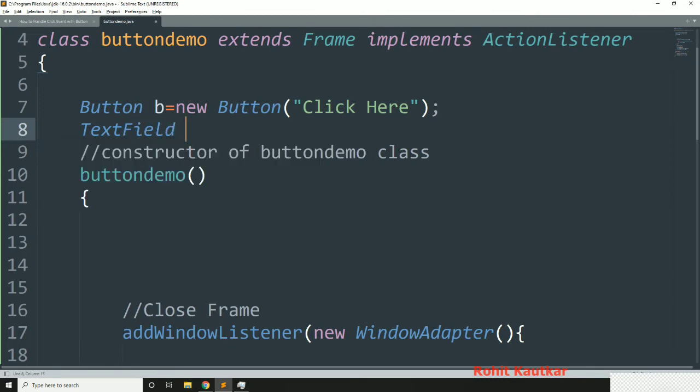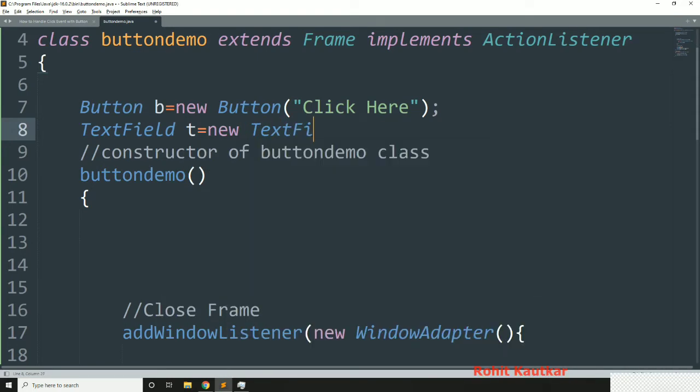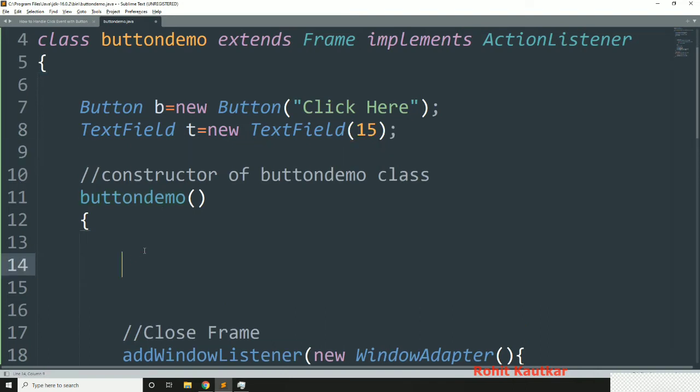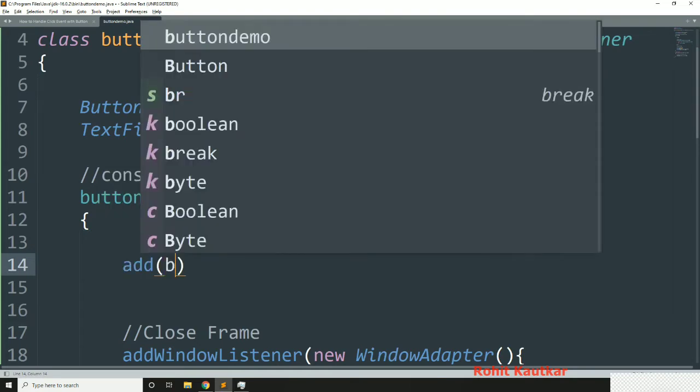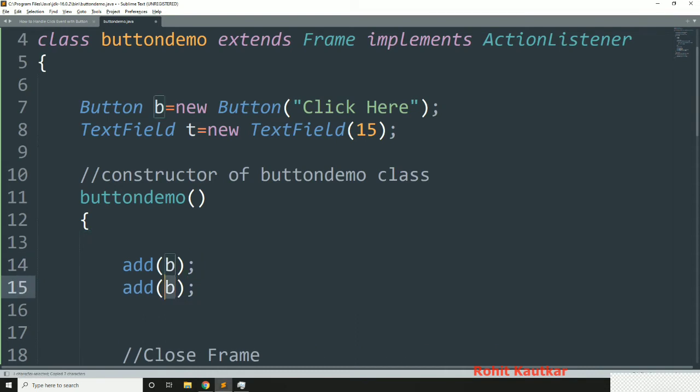So I will write TextField t is equal to new TextField, like this. Okay, so we will add both of these components to our frame. So I will write here add(b). Okay, next to this I will add t.